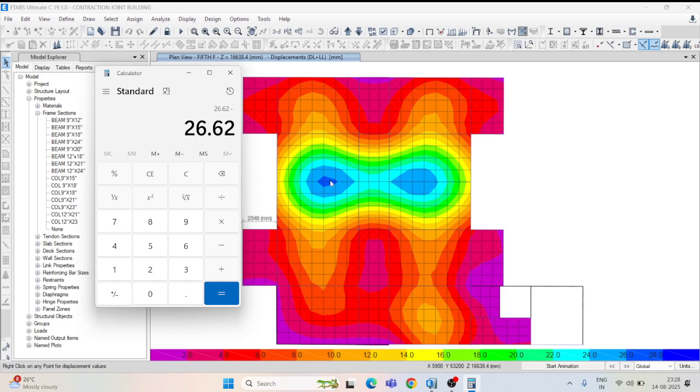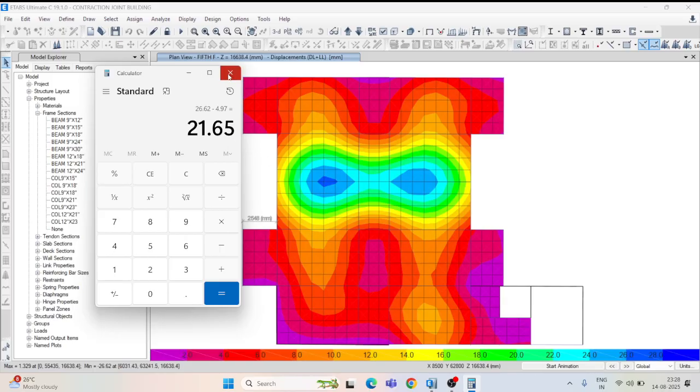Near the slab, whichever column is there, you have to choose that one, and the minimum axial shortening value you have to consider. So here the minimum is 4.97, so minus 4.97, so maximum deflection is 21.65 mm for this.